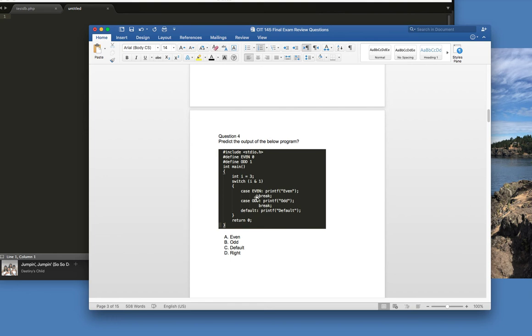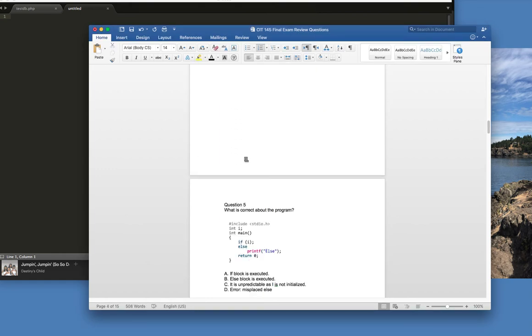Here is predicting the output of the below program. You would take this program right here and calculate what would run in there. Would it be even or odd? In this case, it would be odd. All right, question number